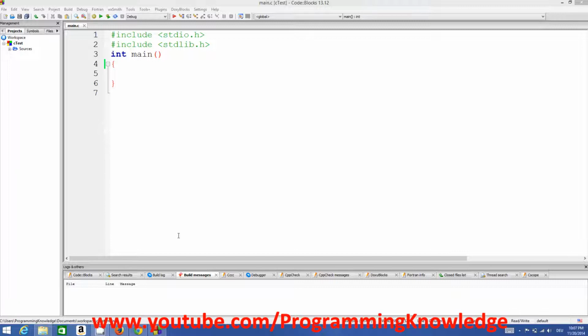In the last two videos we have seen how a loop works in C, and we have learned how to use while loop and do while loop in C. Now in this video we are going to learn how to use for loop in C. So for loop is also a kind of loop which depends upon the initialization condition and the increment property. So let's see what is the basic structure of for loop, and then we will take an example and see